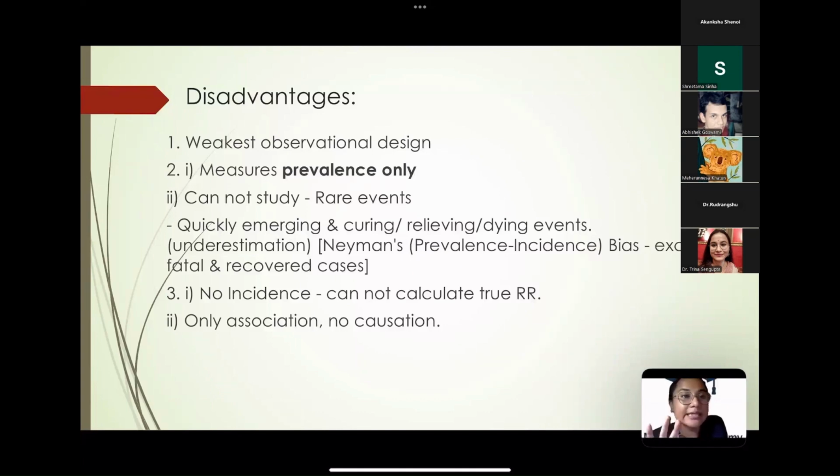Error means when the true result deviates from the appropriate result, due to any step of the study, like from the sample size calculation, from the determination of population, or during conduction of the study. So any deviation of true results is known as error, when we are not getting the proper results. That is the error of the study. This error can be of two types: one is the random error, another is the systematic error. This systematic error is known as the bias.